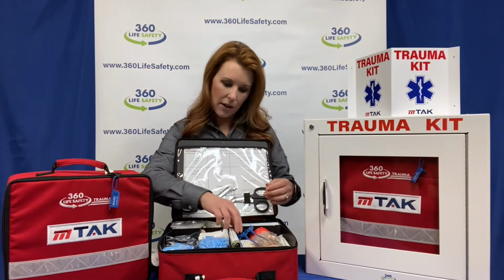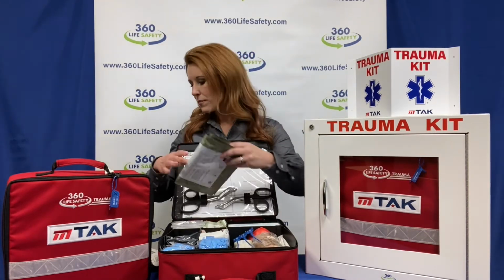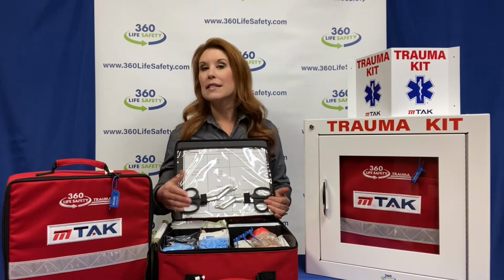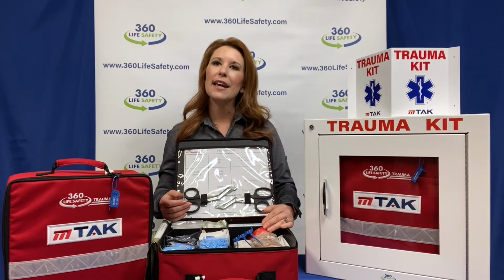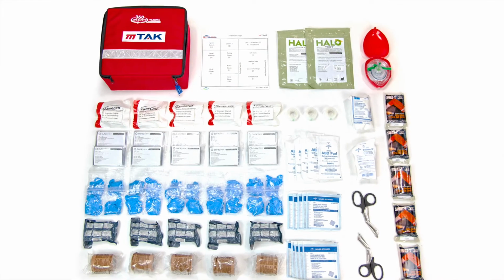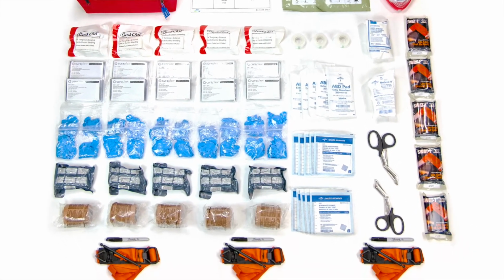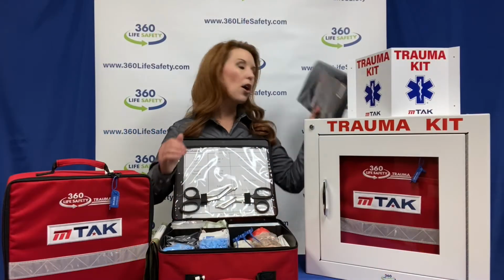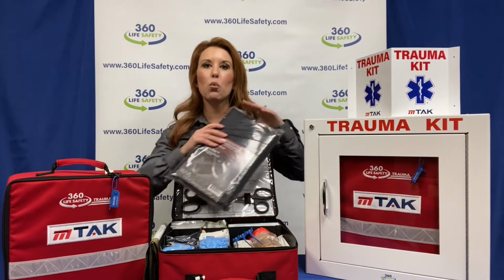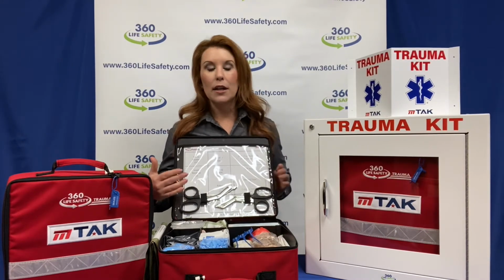And also you have the ability to treat a penetrating chest wound with occlusive seals, as well as a variety of other additional support items that include gloves and safety glasses, a CPR mask, and emergency blankets, as well as an assortment of bandages that include pressure bandages, also known as Israeli bandages, gauze, pads, co-bands, tape, and shears. The mTAK also comes with a litter, also known as a soft stretcher, and this is going to be located inside your wall enclosure. Now, all of our mTAKs are packaged the exact same way and equipped with this inventory